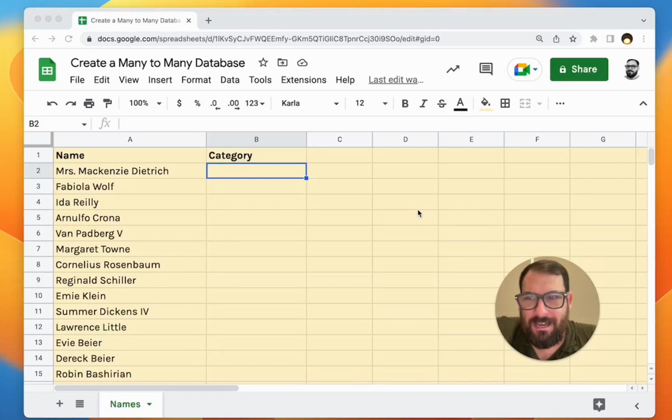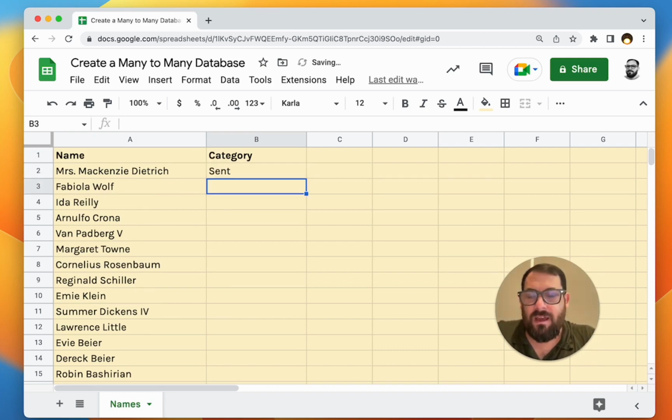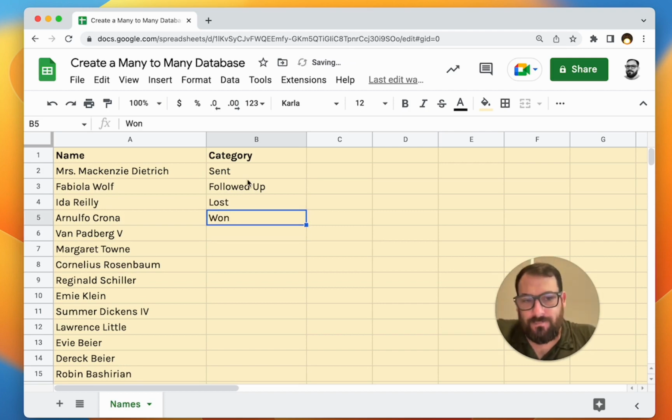Hello, so we're going to create a many-to-many database here. There are a few use cases for this that I can think of off the top of my head. We have a list of names, and maybe we have lead categories. Maybe we're doing reach out, and we want to combine keywords, like sent, follow up, followed up, or lost leads and won leads, but sometimes we have something like keywords, and